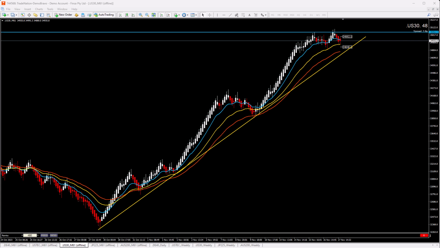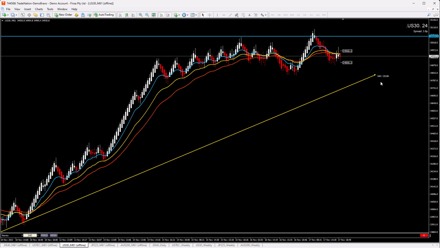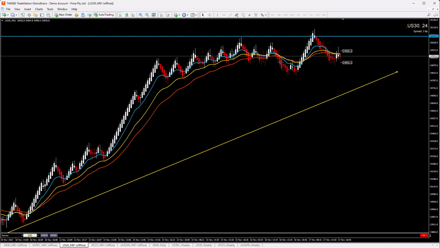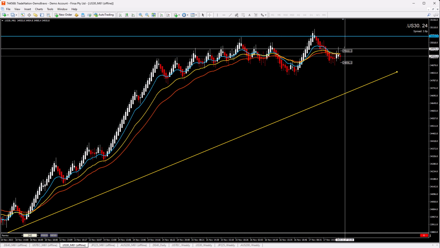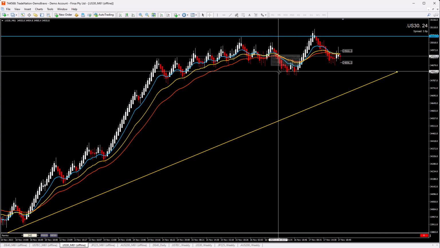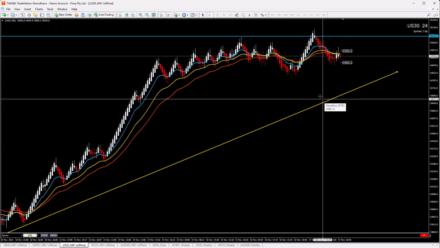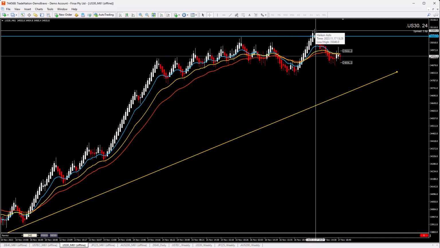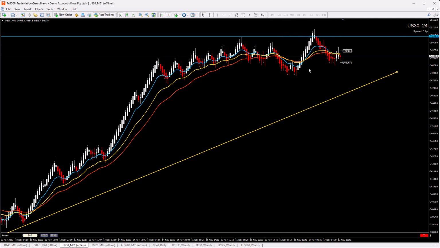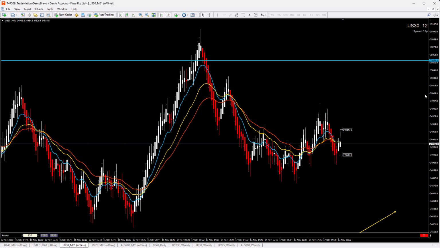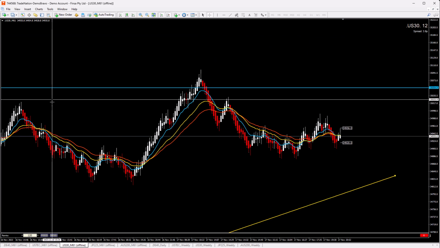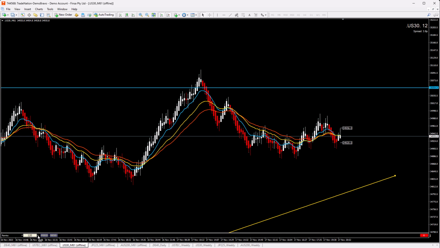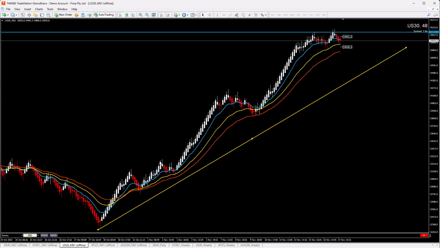Okay, now let's go to 240. And on 240, we see that we do not have clean direction right now. We have this try to make this retracement. Price hasn't done this. Went up again. Now really, if you go to M12, even here we don't have much opportunity. So I would wait really, especially on